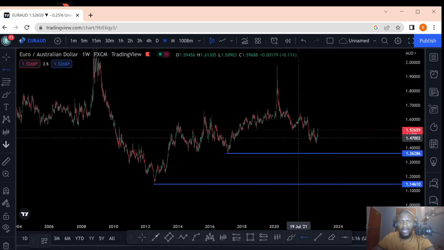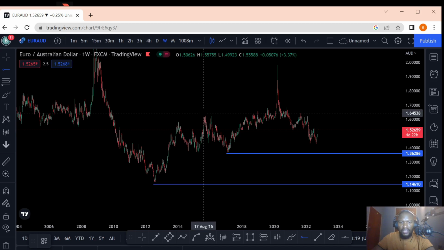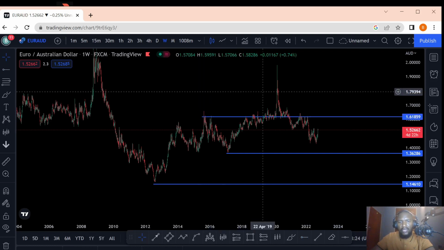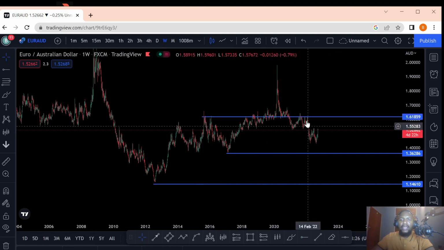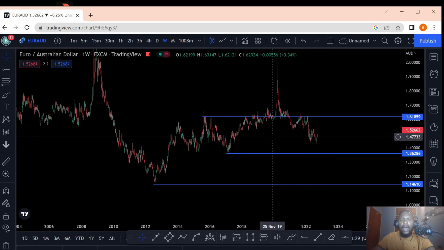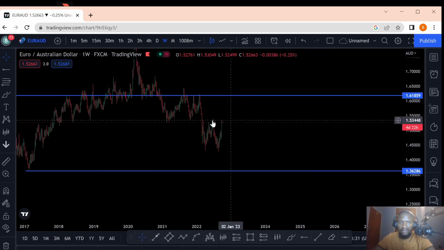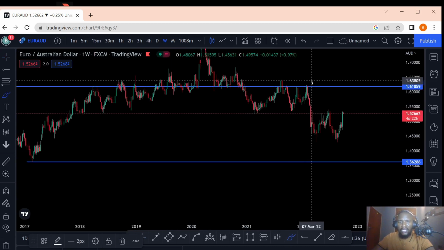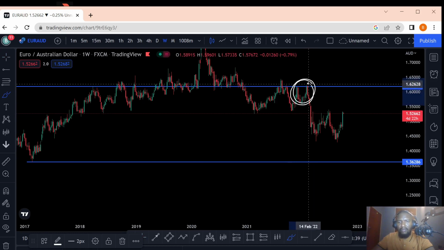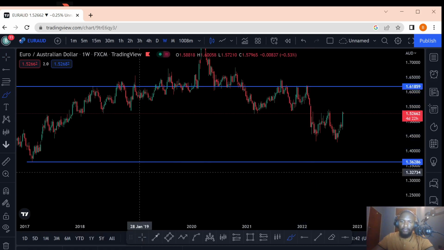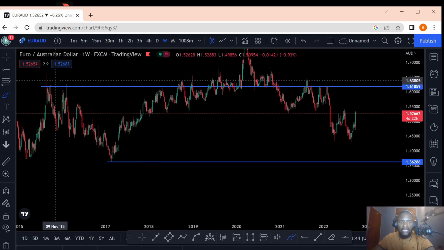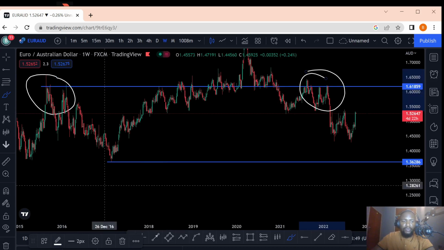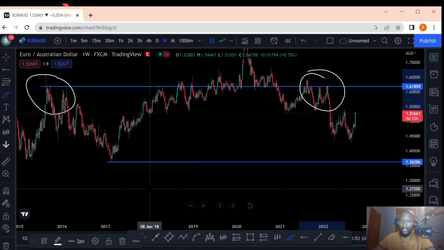When we open our eyes, you can see that from this structure right here, we have a shoulder, a head, and a right shoulder. Upon our right shoulder right there, even if we zoom the structure like this, you can see that we had a double top before the market could sell off, right? So this simply means that a higher time frame structure confirms the right movement at the right time,